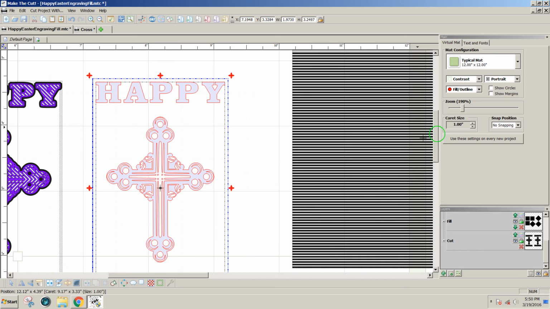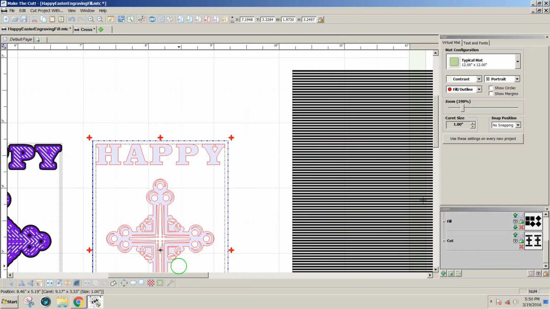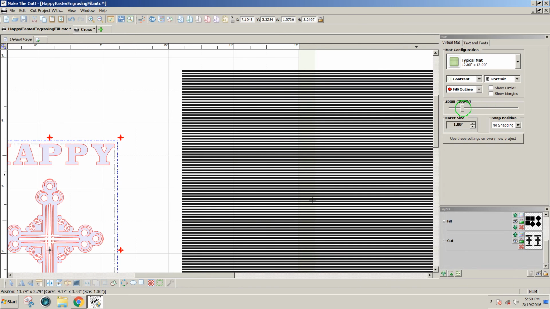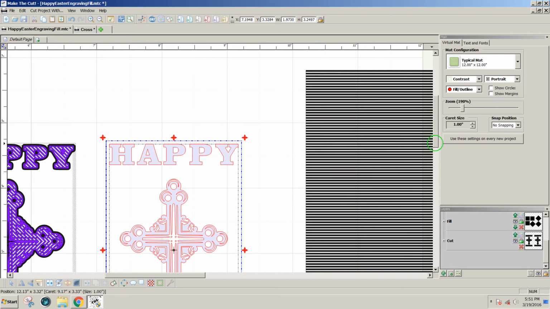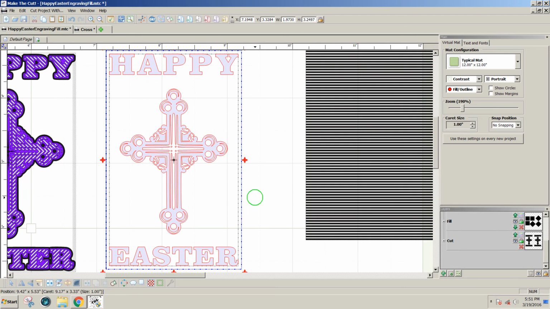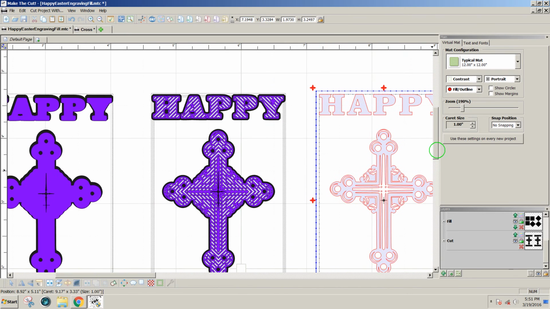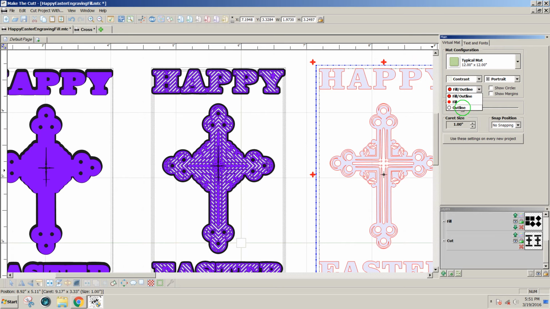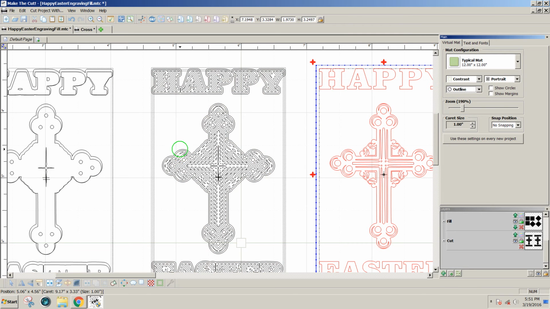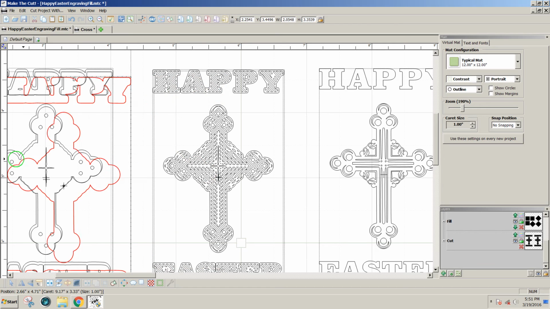Now the fills that I created over here are at 0.02 inches, and that works with an engraving tool and a fine pen, but if you're using a very fine pen, you might want to change that sizing to 0.01. Whatever size your fill is, that's the size of the outline you want to make, and the purpose for that is to create a close line around the design that you're engraving,